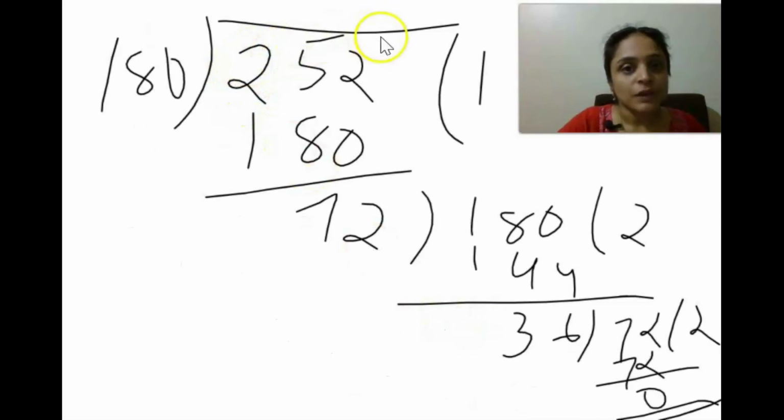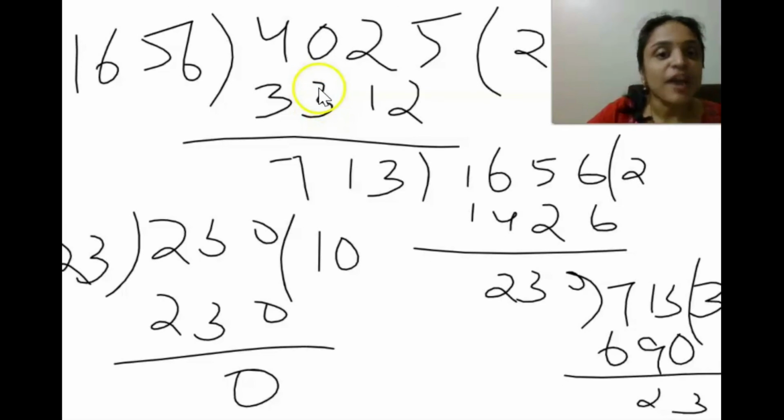So here 252 divided by 180, you will get 1 as the quotient and 180. So when you subtract this, you will get 72 as the remainder. And now 180 becomes the dividend and 72 is the divisor. 72 will go in 180 two times. So 2 is the quotient and 2 into 72 is 144. You will get the remainder as 36. Now 72 becomes the dividend again. So 72 by 36 is quotient 2 and remainder 0, which means 36 is the HCF of 252 and 180 also. So we can say that 36 is the HCF of 180, 252 and 320.